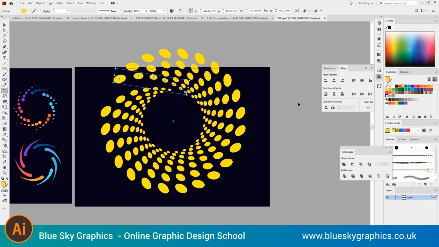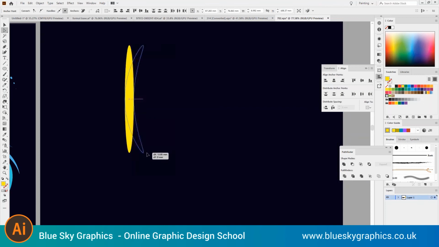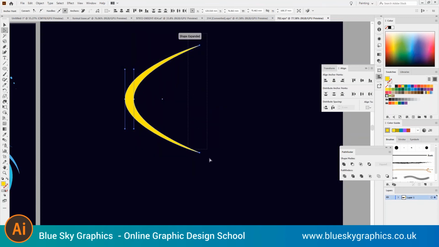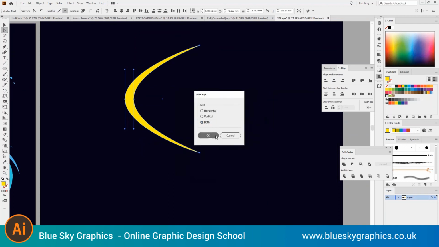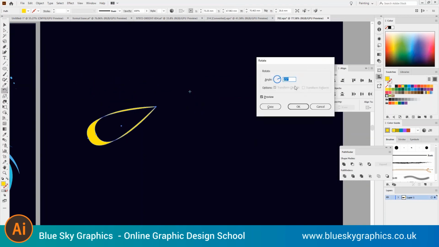To rotate around a different reference, select the Rotate tool, then Alt-click in Windows or Option-click for Mac, where you want the reference point to be in the document window. Once you've done that, to rotate around the center point, choose Object, Transform, Rotate, or double-click